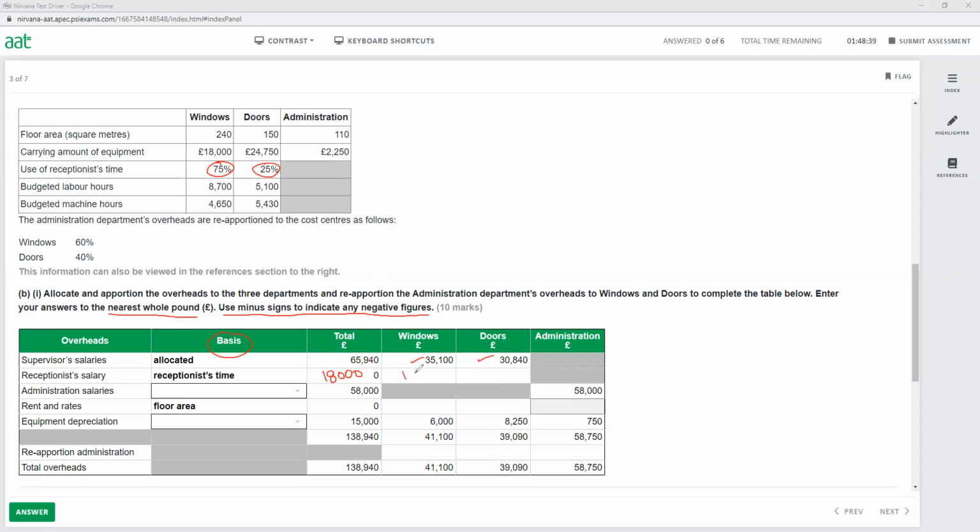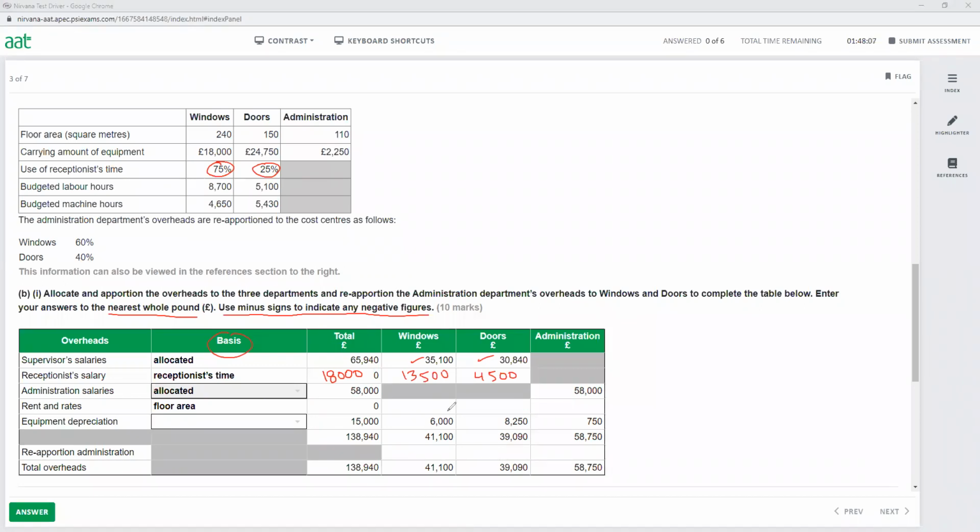So 13,500. And the rest of the 4,500 will go to the door. Then we have the admin salary. The admin salary, again, we have to use the basis of allocated, which is already given. So we just say allocated. It's already given. Admin salary belongs to admin. We don't have to